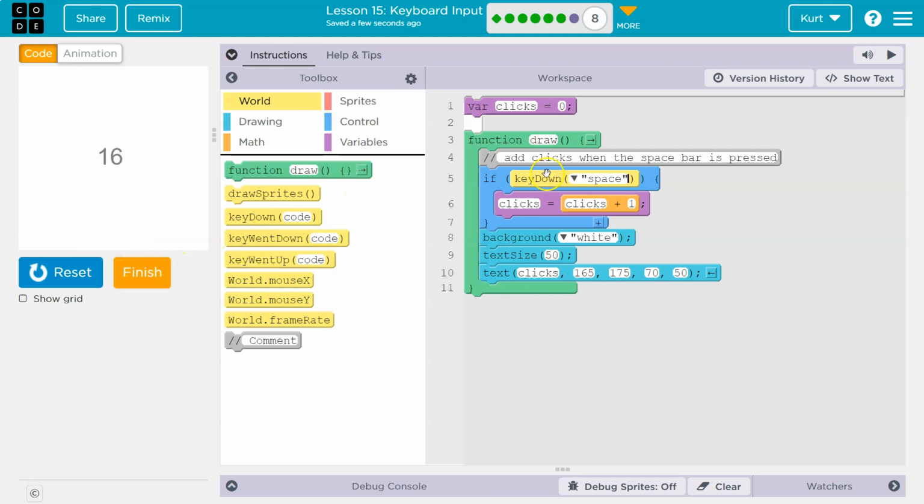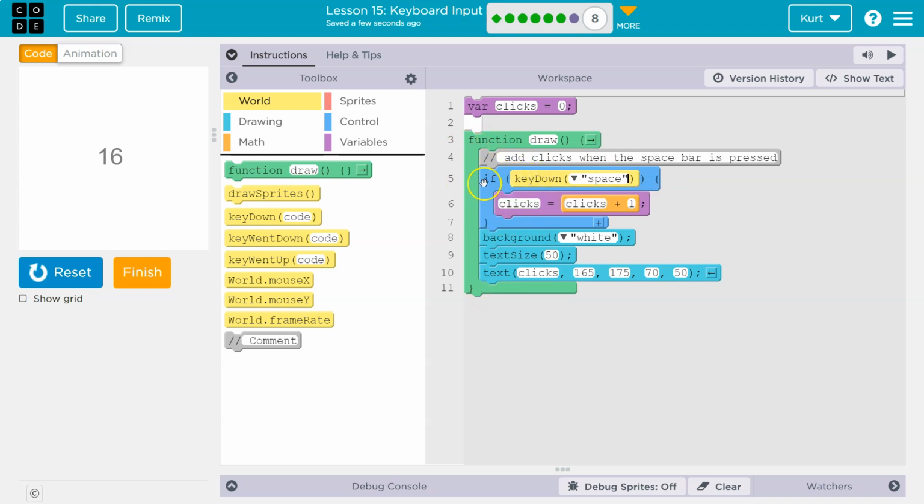If statements always work as long as they're true. Draw runs 30 times a second. So 30 times a second, the computer checks if key down space. I'm asking it, hey, is the space key down? And right now it would say false. That's not true. And if it's false, it doesn't run the code in our if statement. It doesn't run the code in this blue mouth thing. So clicks won't be going up by 1 if it's false. So it says false, it skips below and just runs this code again, hits the draw loop, goes back around